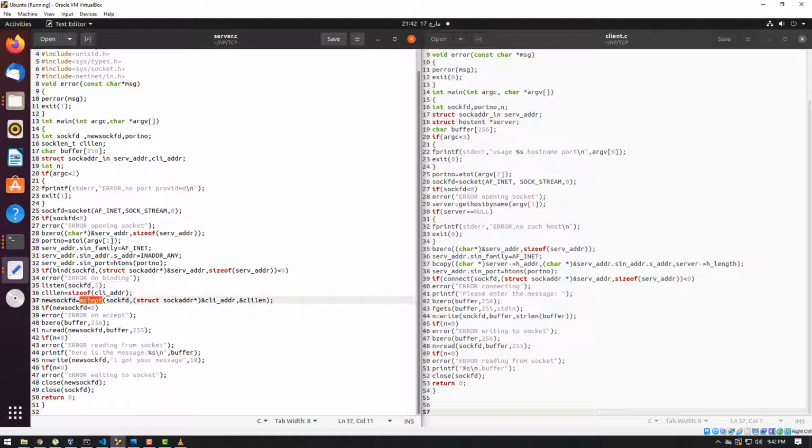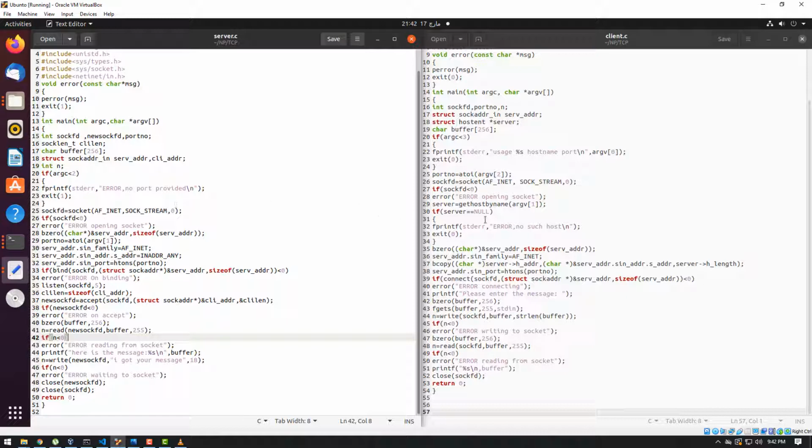After accepting, we have checked if there is an error on accept, and we will display it. Otherwise we initialize the buffer with 0 and then read the value from the socket into the buffer. If the value is less than 0, it means an error again. These are all descriptors. Every function, the read function, the write function, the socket function, will return -1 if they are not executed successfully, and if they are executed it will not return -1. So that's why we write an if condition at every stage.